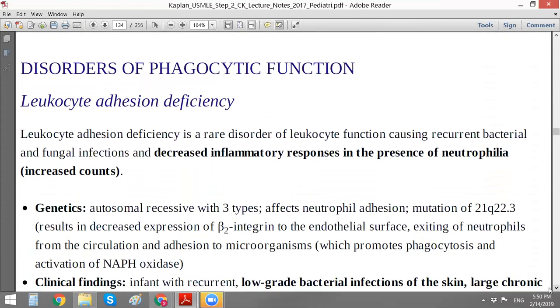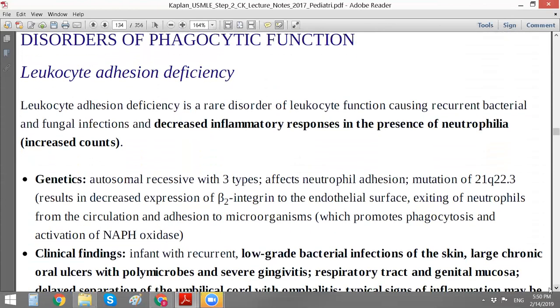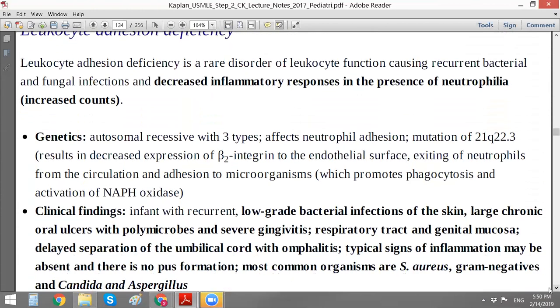And disorders of phagocytic function. This is like natural killer cell and neutrophil. So decreased inflammatory response in the presence of neutrophils. So neutrophils are there, but their function is poor. In addition to adhesion to the microorganism, they can't kill them. It promotes phagocytosis, activation of NADPH oxidase, these ions which kill the